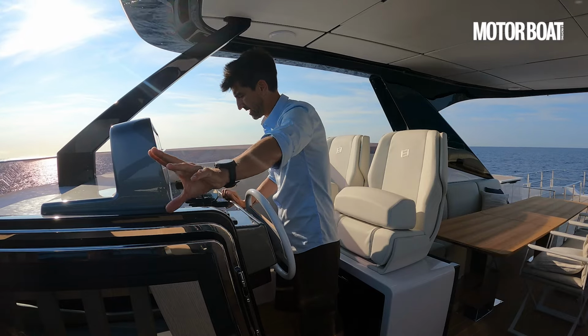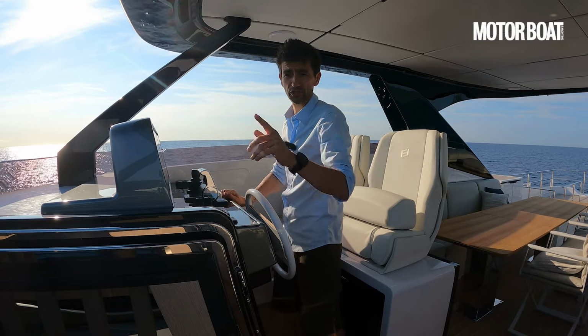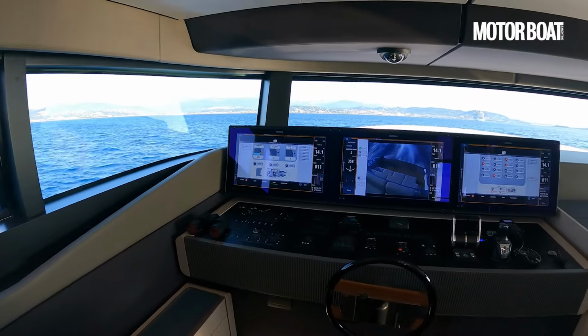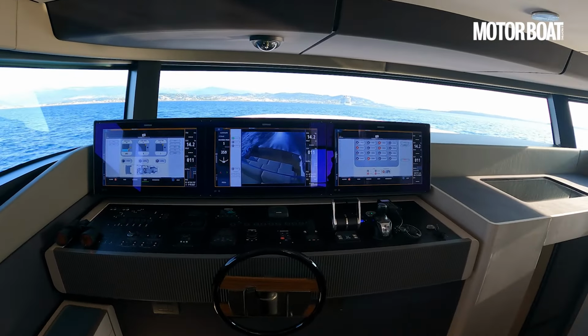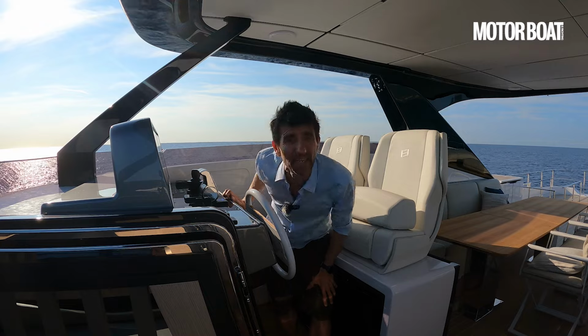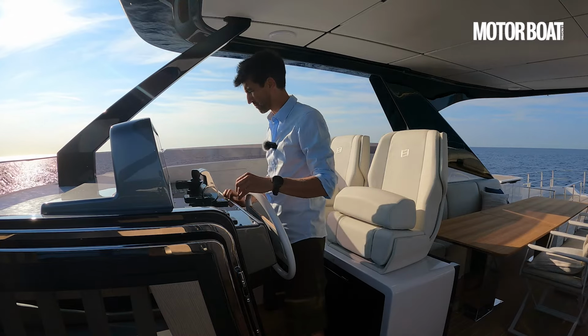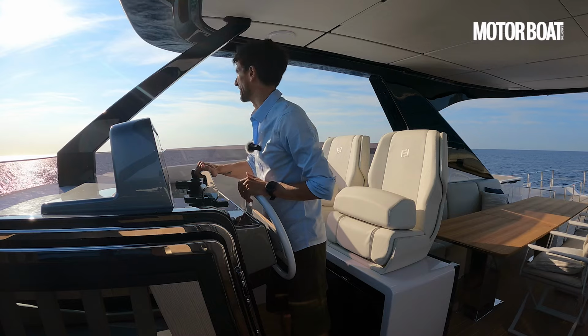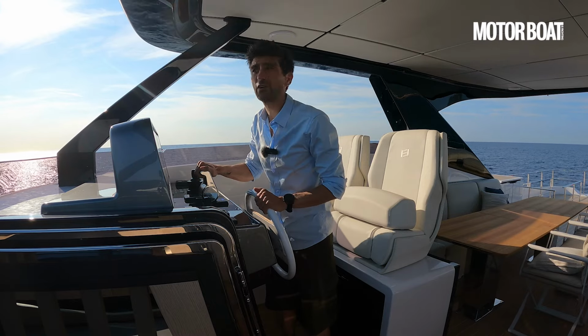So if the weather does turn on a long passage, you can just nip down and use that station instead. Again, in stark contrast to a lot of similar lower helms on boats of this type. Visibility down there is fantastic, so I've got no complaints at all about the setup. But what we want to do, of course, is get her up and underway, because we've got engine options here